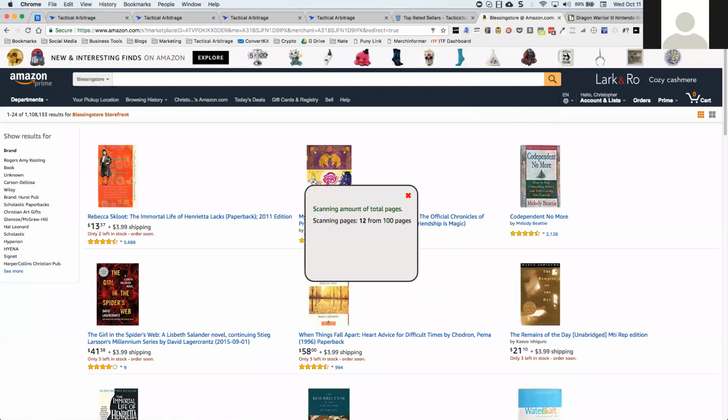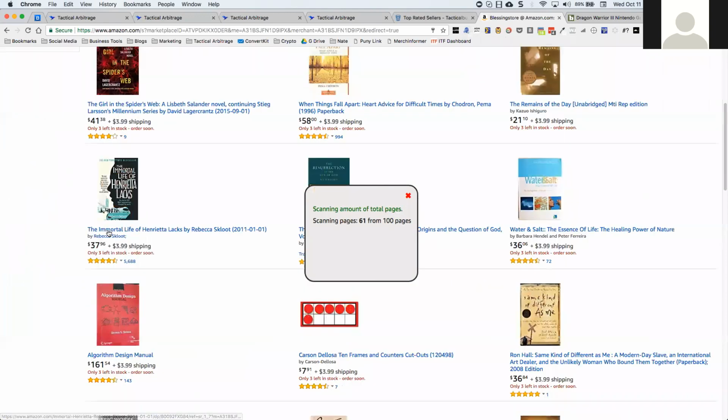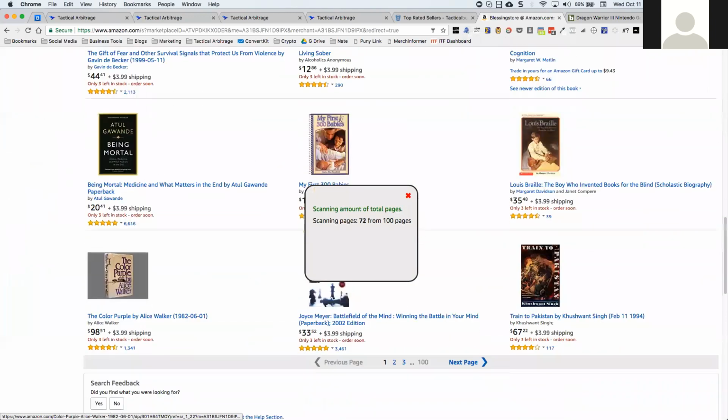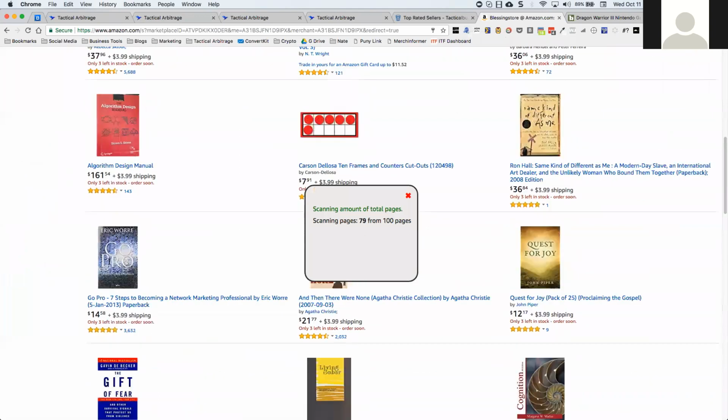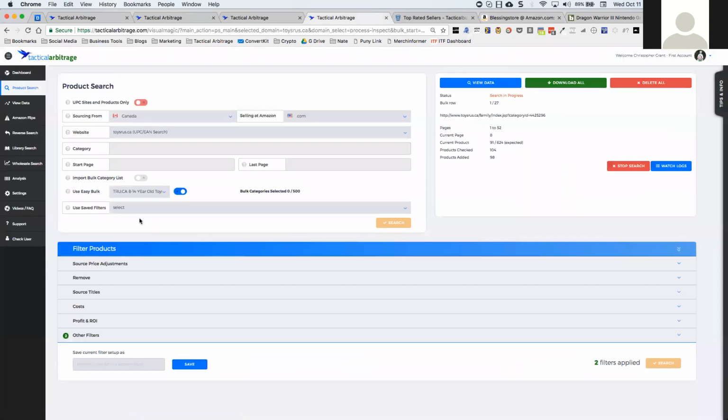Now, it says that they have 1 million items in stock. It's impossible to grab 1 million items with Storefront Stalker Pro. You can go 100 pages deep. That's 2,400 items. However, the other thing that you can do is when you have Storefront Stalker Pro, inside of Tactical